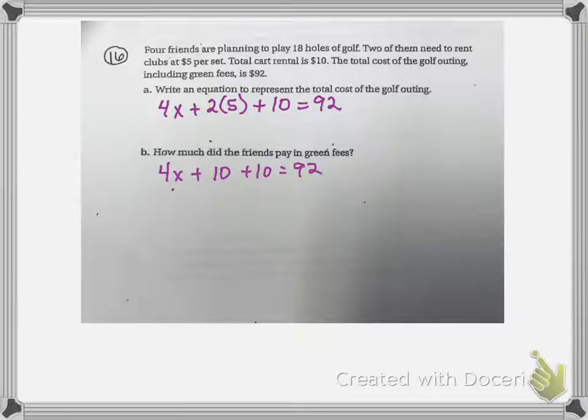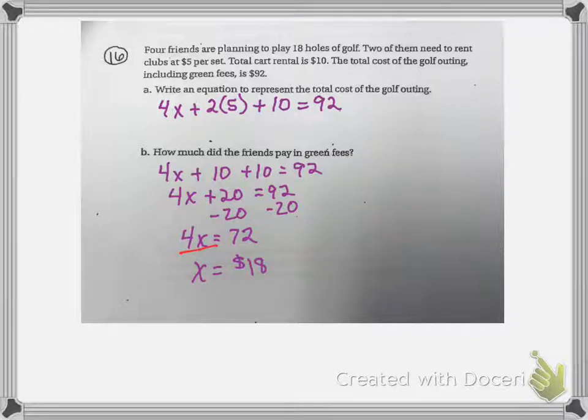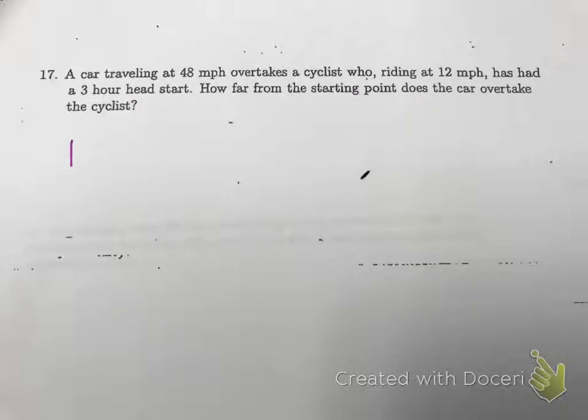Okay, how much did they pay in green fees? Well, let's combine those 10s. And so we have 4x plus 20 equals 92. We're going to subtract that 20. 4x is equal to 72. Divide that by the 4 friends. Okay, and that gives us x is equal to $18 each. All right. Now,